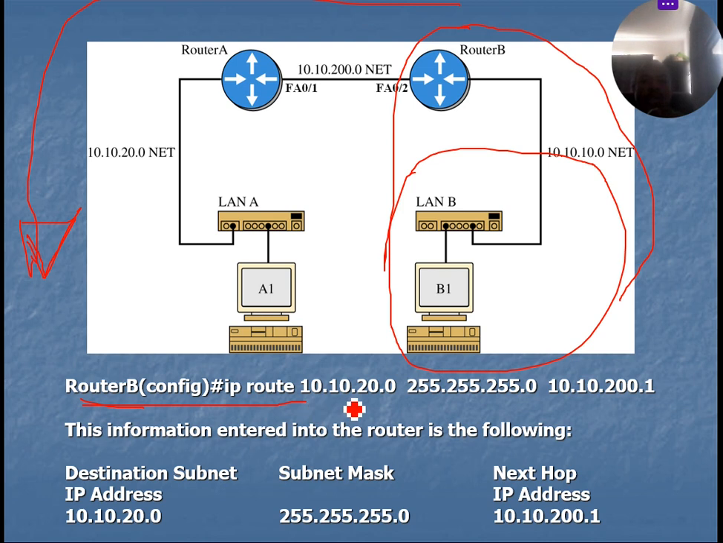There you put your destination. Now the destination is where? The destination IP address is 10.10.20.0. That's what you now enter, not 10.10.10.0. It's no more the destination. The data is now going from here all the way to this side. So you're going to enter 10.10.20.0 as your destination this time, with the same subnet mask